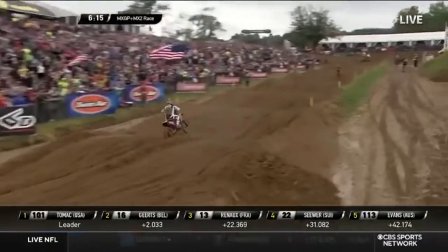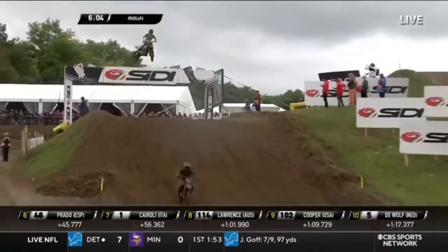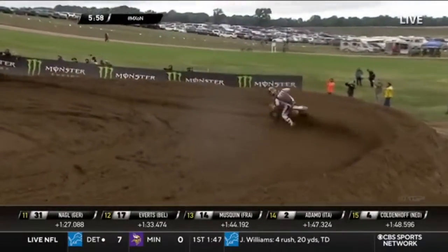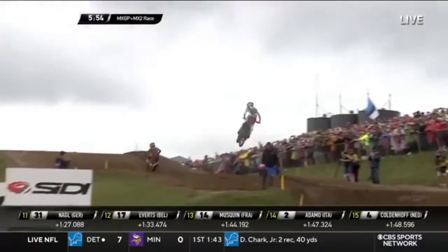He manages to keep it up on two wheels. Fortunately, he's got 20 seconds between himself and third place, but he would love to stay in this battle for the lead, and he's fortunate enough to be able to do that. Big moment. Is that the frustration, right? He knows he lost a bunch of time. He had closed it down to under 2 seconds, and he sees Tomac expand that, maybe trying a little bit too hard, overriding the track just there a bit. So Tomac,